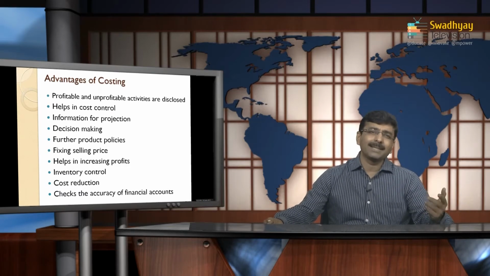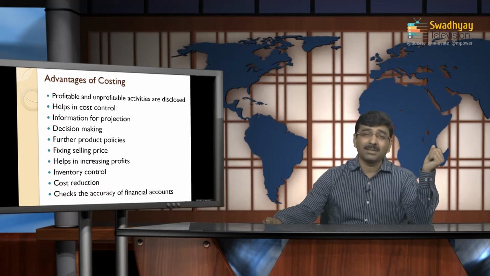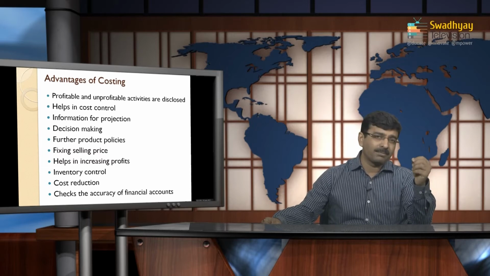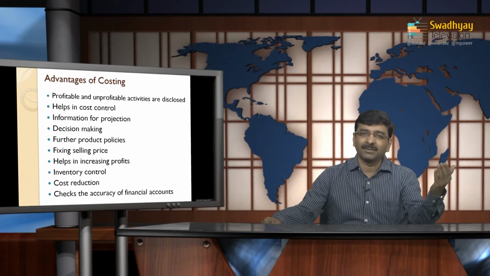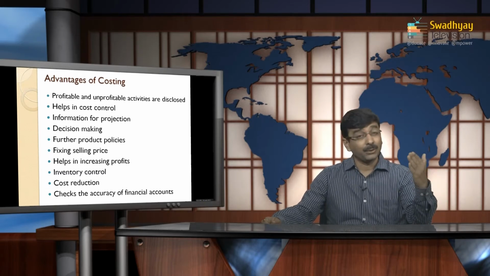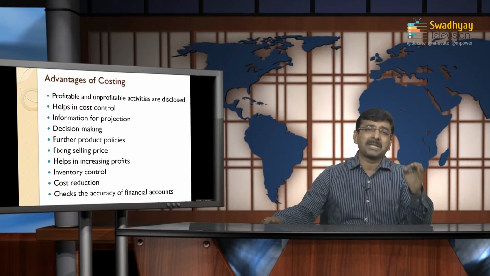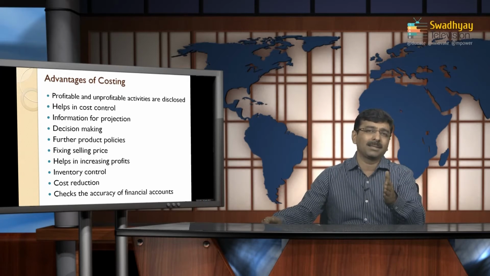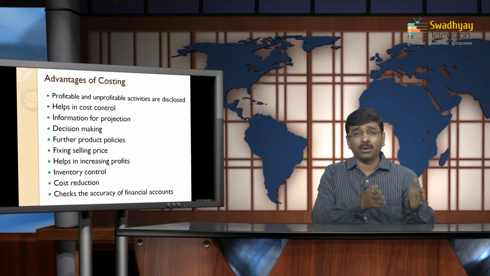Next is fixing a selling price. Fine. As I already mentioned in the last session, if you remember, one of the main objectives regarding cost is the selling price decision, or the fixation of a selling price. So here, as an advantage also, for fixing a selling price, the cost accounting system is the most appropriate system, because only through the costing system or the cost structure,